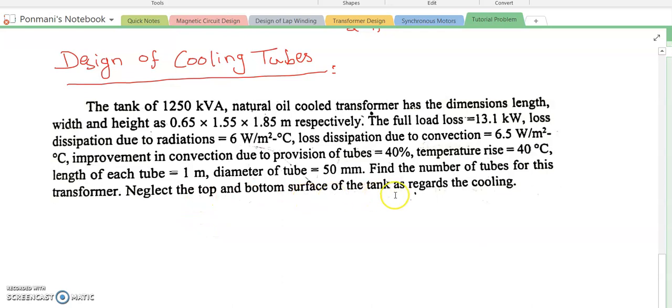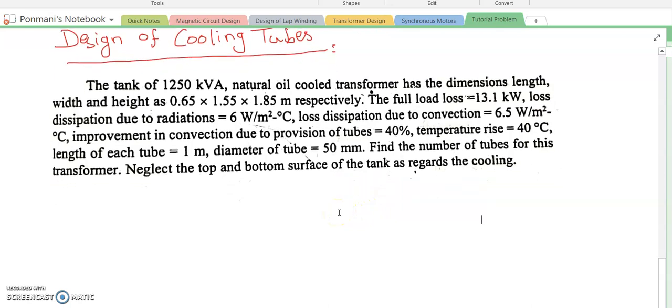Neglect top and bottom surface of the tank as regarding the cooling. Top and bottom surface of the tank is not going to be considered as a heat dissipation surface. Okay, only the sides of the transformer tank wall are going to be considered. And some data has been given. So first, the dimensions of the tank are given. You need not calculate them. So the given dimensions are